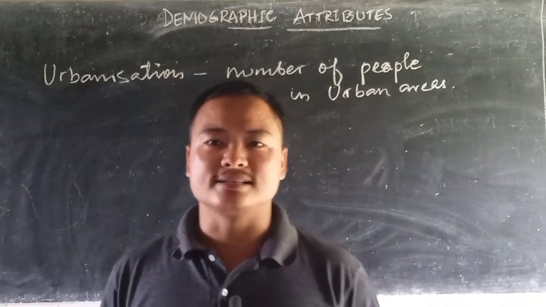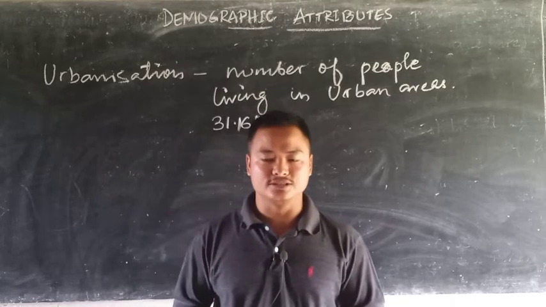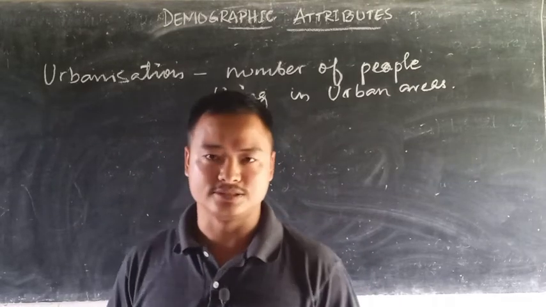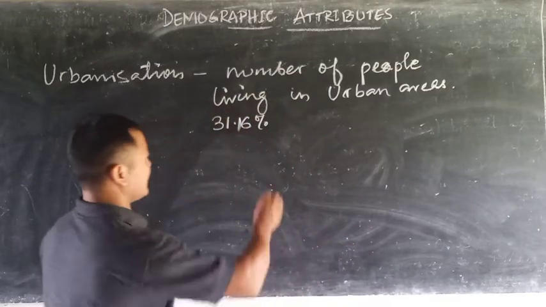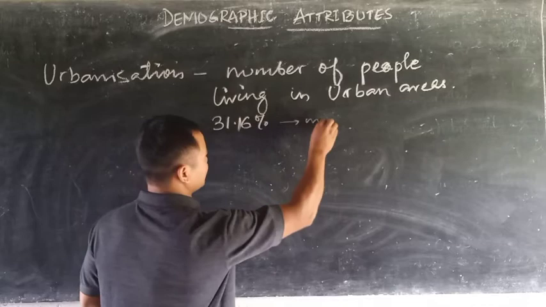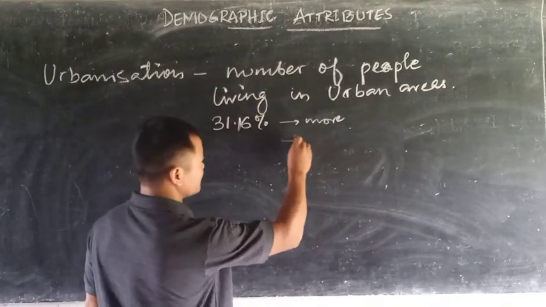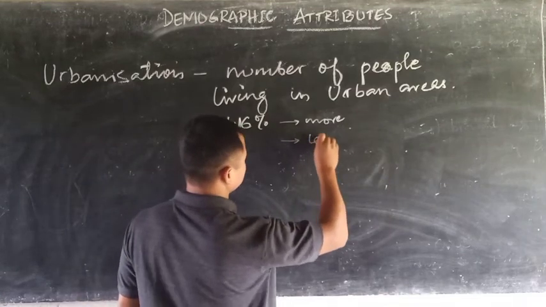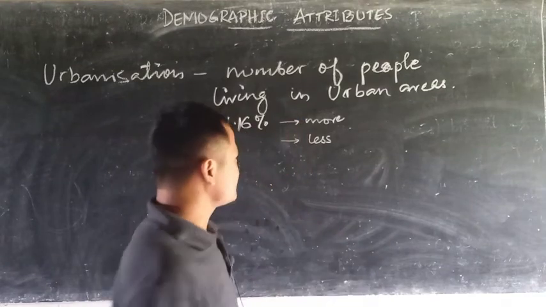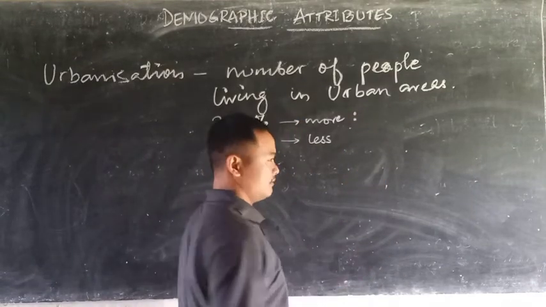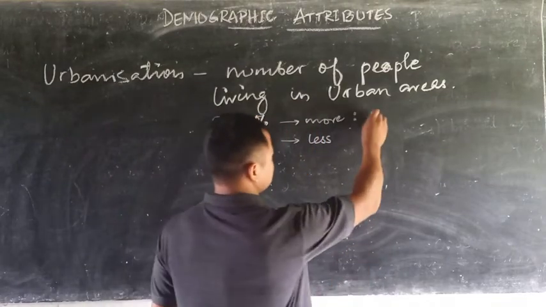Now we also understand that not every place in India has the same rate or percentage of urbanization. We find there are some states which have an urban population more than 31.16%. There are also states which have less than 31.16%. Amongst these, the states whose urban population is more than 31% are Goa,